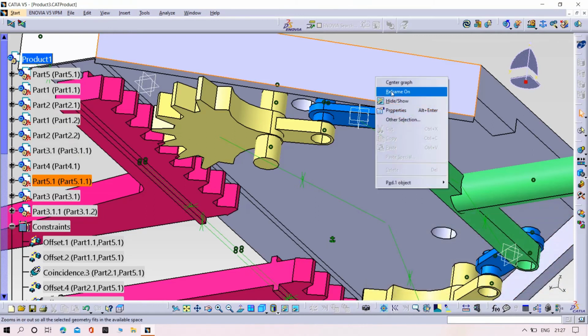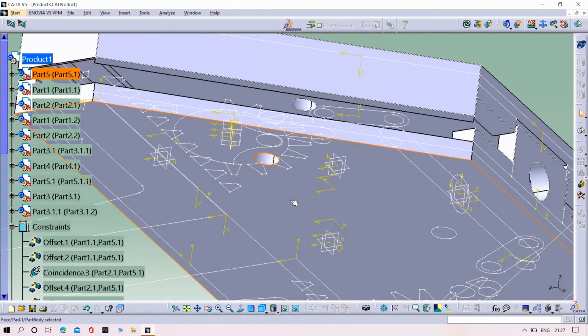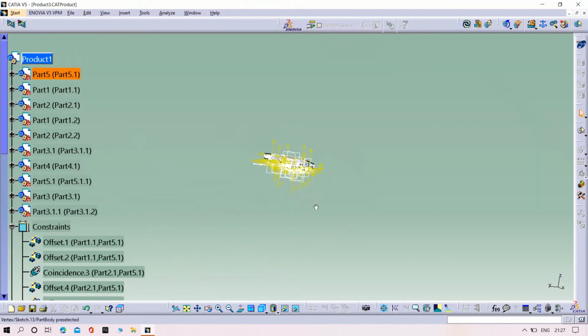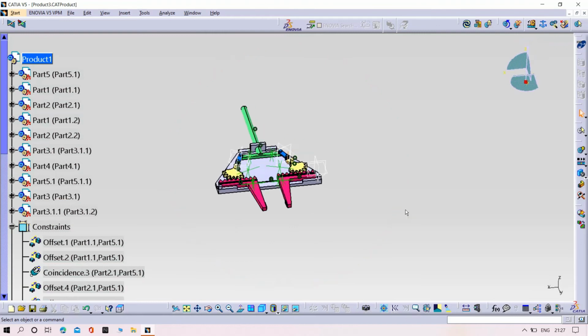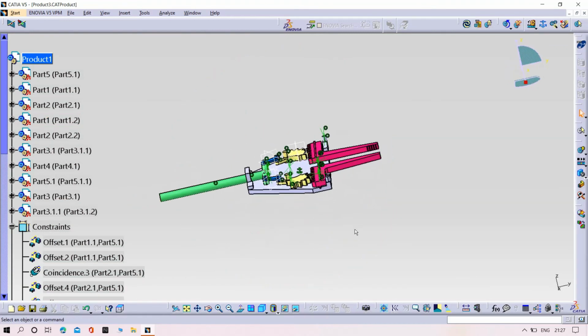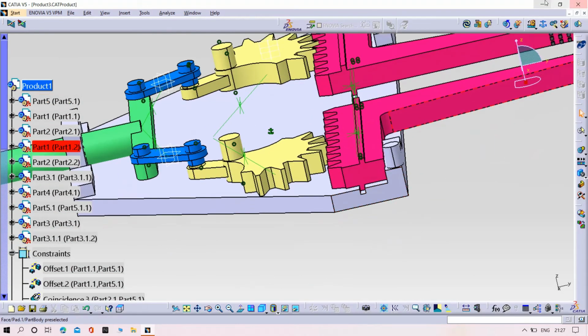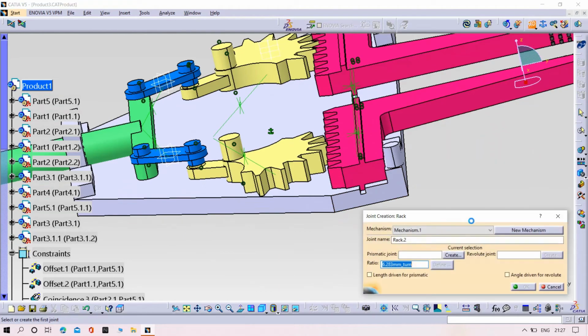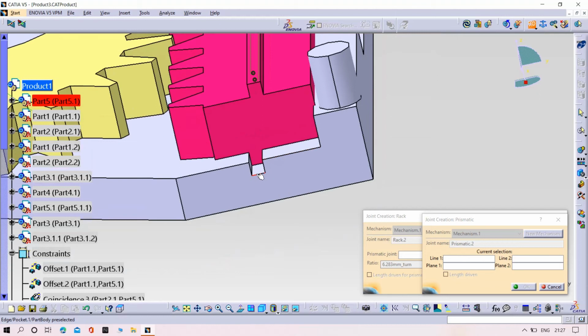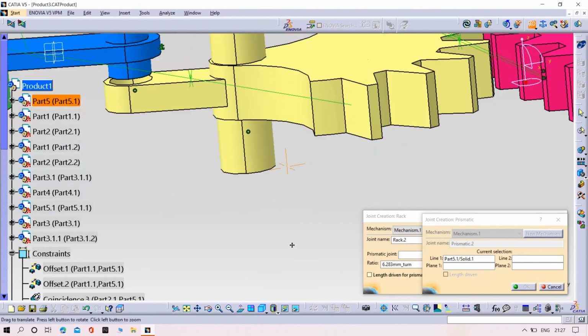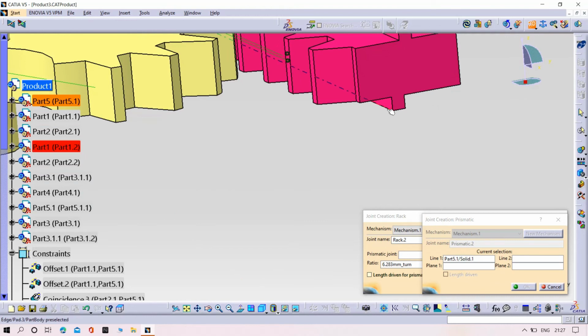Again we need to create another rack and pinion joint. Another side, same, repeat the operation as the previous. Select the joint, click on create, then try to select the corners, and then select the surfaces.